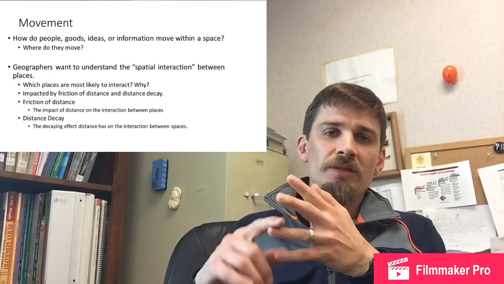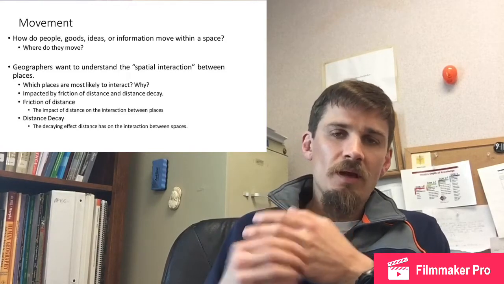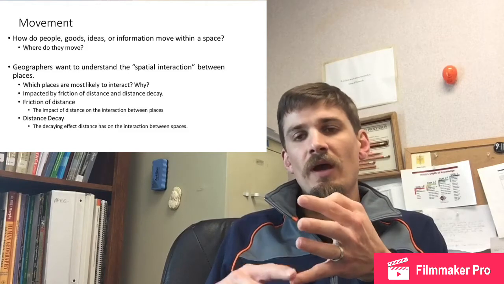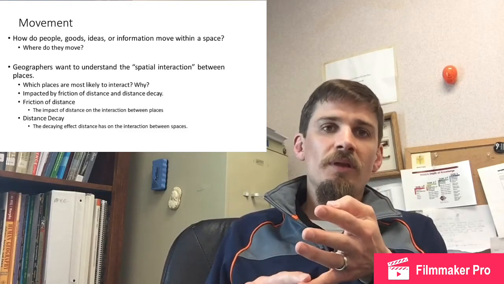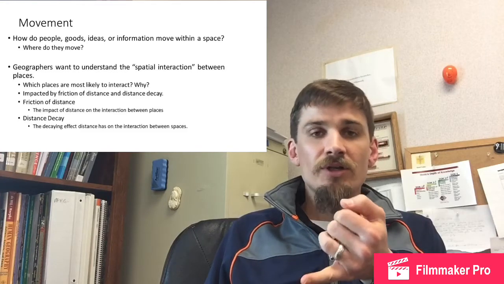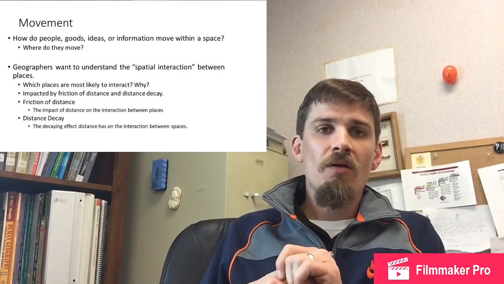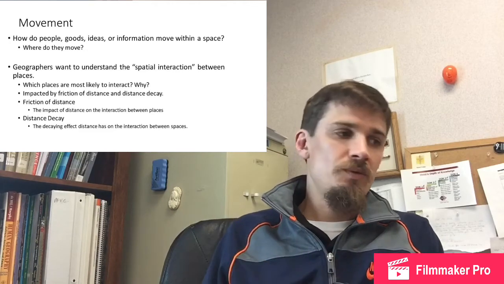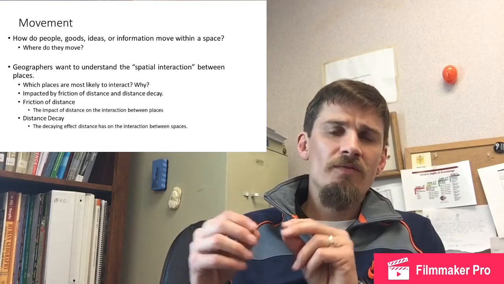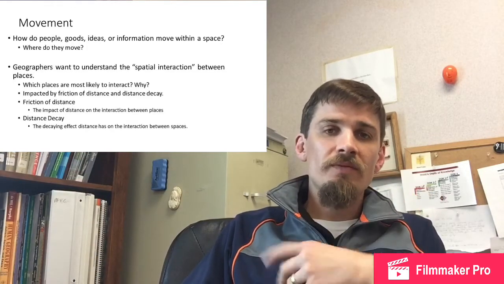There's a couple of technical ideas found within the idea of movement. So you have what's called friction of distance and distance decay. Don't get too wrapped up in the technicalities of them. Just basically know the idea is what role does distance play in the interaction between places. So when you look at something like friction of distance, basically it's like the active effect that distance has on the interaction between places. So this idea that the further away you go from something, the less likely things are to interact. Then the idea of distance decay